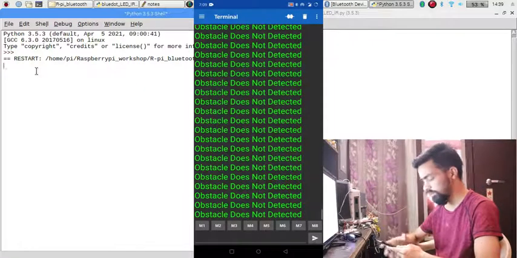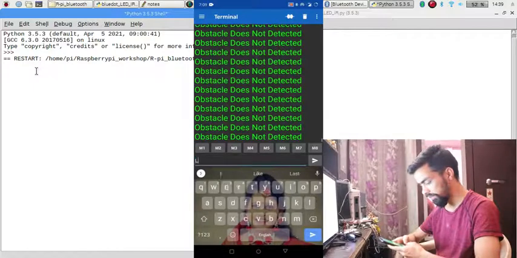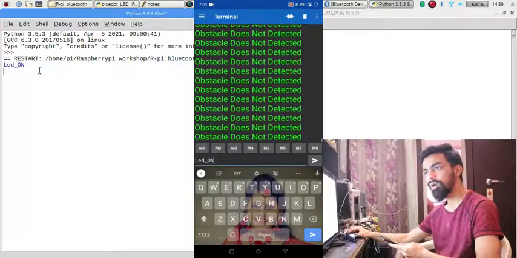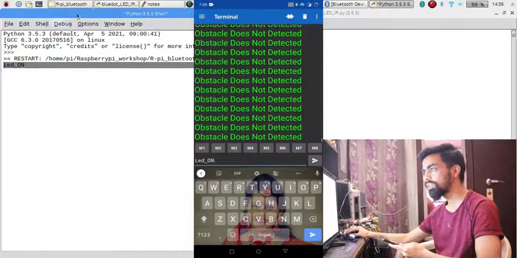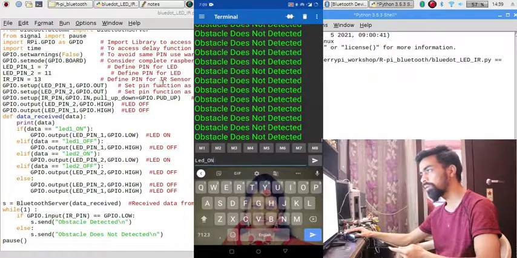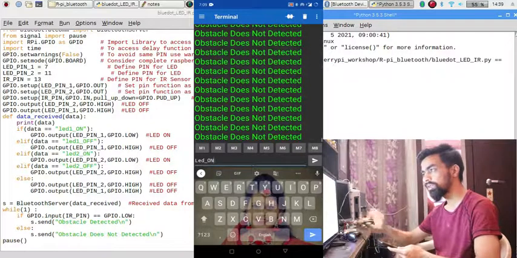Once you type here LED underscore on, this message is shown on your Raspberry Pi terminal. This means your Raspberry Pi and your mobile are connected, and you can transmit and receive messages between the Raspberry Pi and your mobile application.